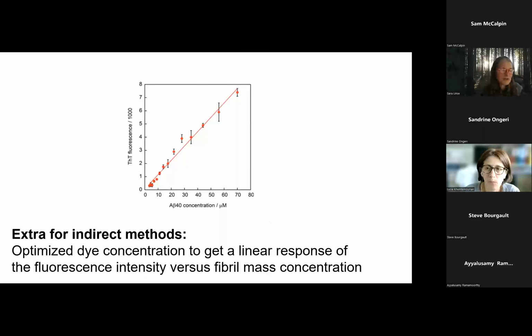So extra for the indirect methods like thioflavin T is really the optimization of the dye concentration. Of course, you have to optimize the wavelengths, but that's like in all spectroscopy, the excitation and emission. But you want a linear response. So this is an example for A-beta 40 from one of our publications, where we did kinetics from 3 to 70 micromolar A-beta, and then you have to check that the plateau value at the end follows a straight line. I mean, there is some deviation, but roughly this is a straight line. There is no systematic trend here. So this you want to see to be sure that you can actually use whatever thioflavin T concentration